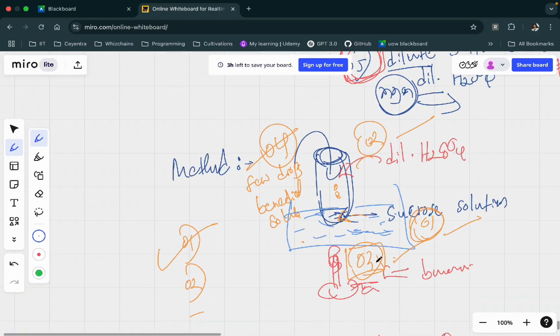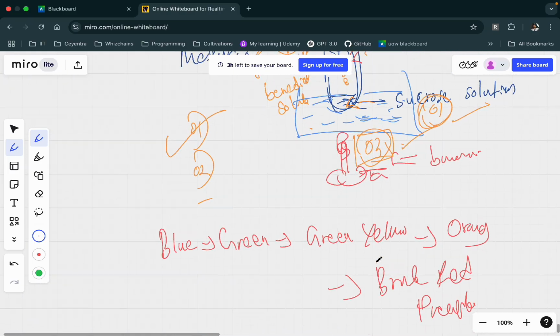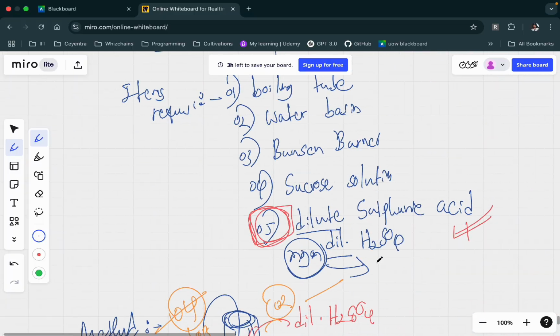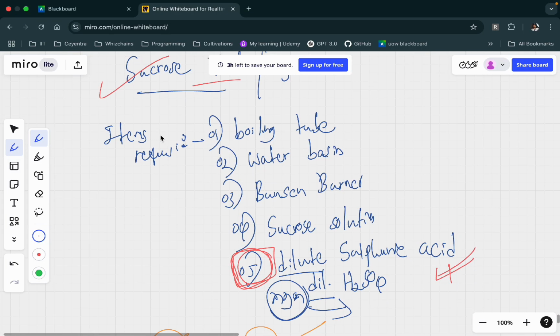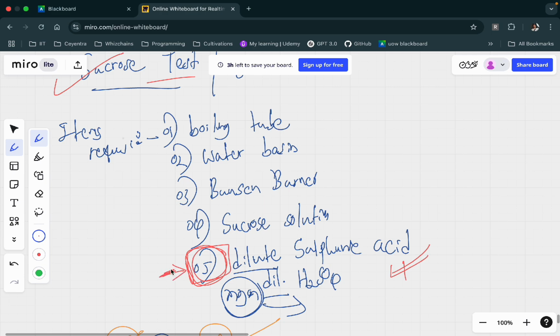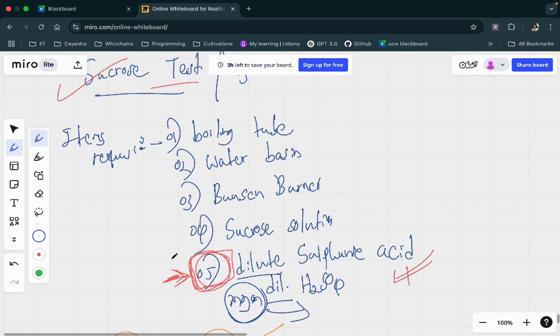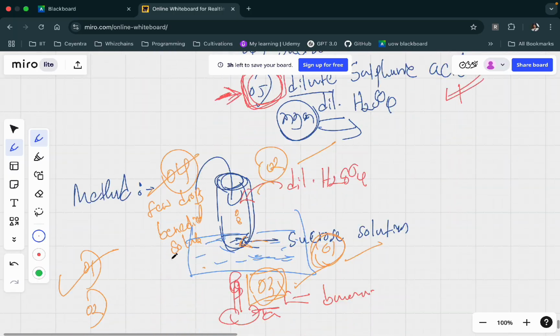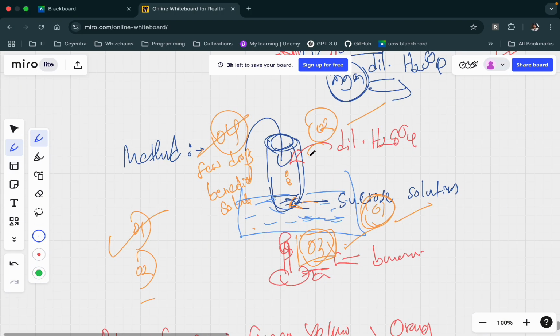Okay, especially have more focus on this sucrose test. This sucrose test is somewhat special because you need to add dilute H2SO4 into it. So you need to know the point behind it, and you need to know the exact procedure, the correct steps. First, you have a boiling tube with sucrose solution, then you add dilute H2SO4 into it and you heat, and finally you add a few drops of Benedict solution.